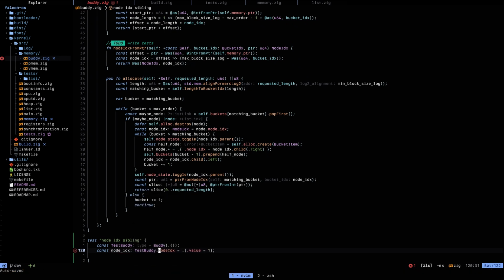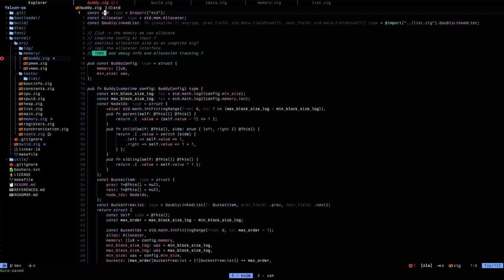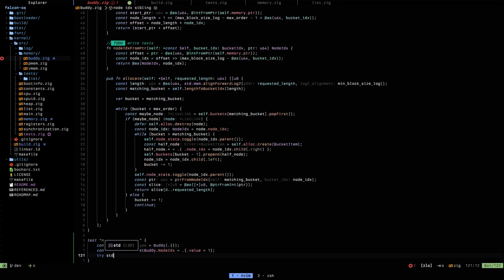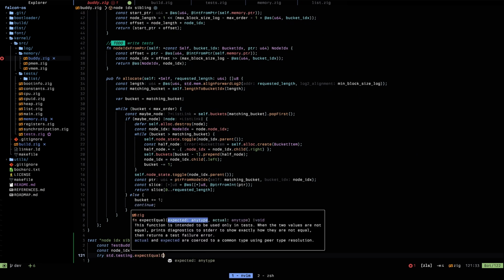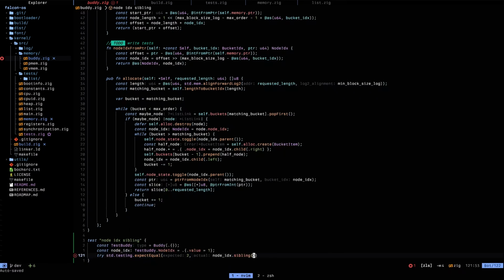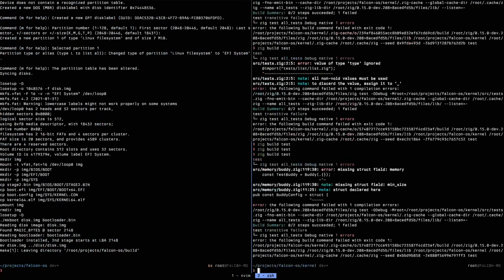Test buddy node index with value of 1, and here we should do try. Do we have std here? Yes. So std testing, expect equal. So expected is 2, and actual is node index dot sibling. Okay, let's see if this runs at least. Okay. Well,